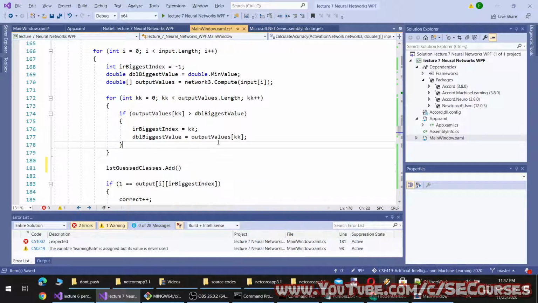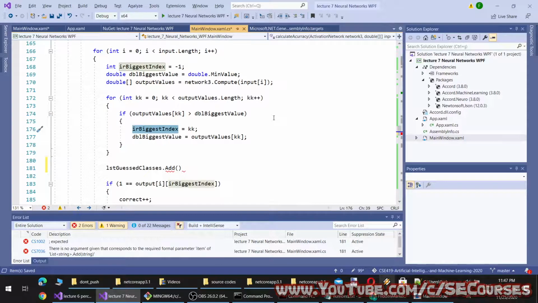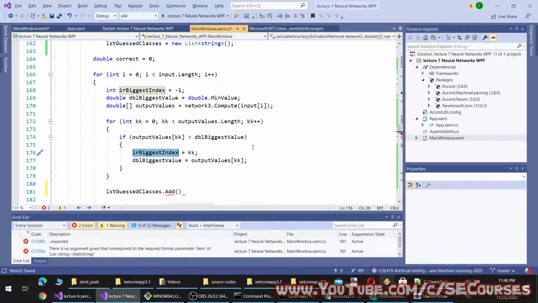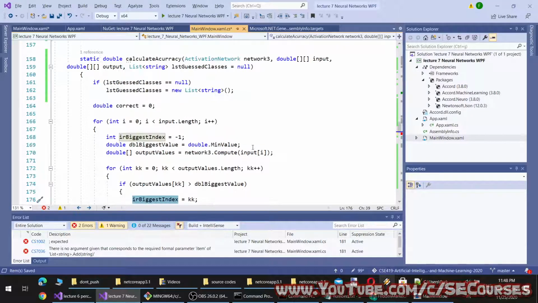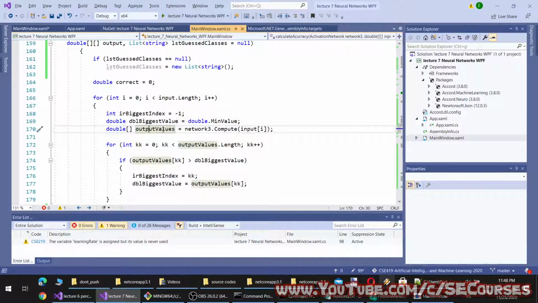So the guessed class will be equal to the biggest index of the output value, and input output guessed classes. Okay, I will debug and see the meaning.